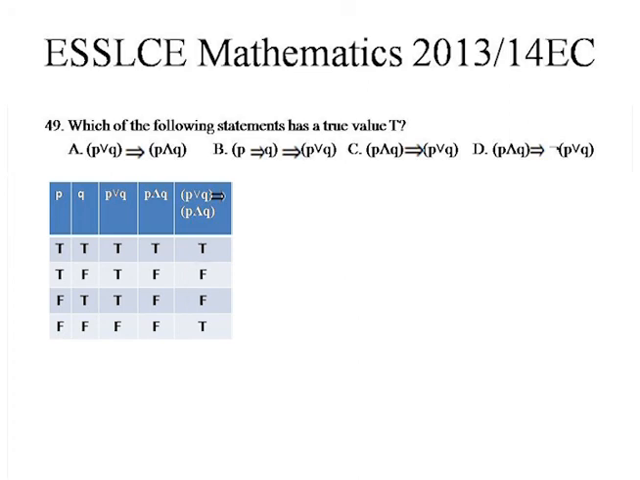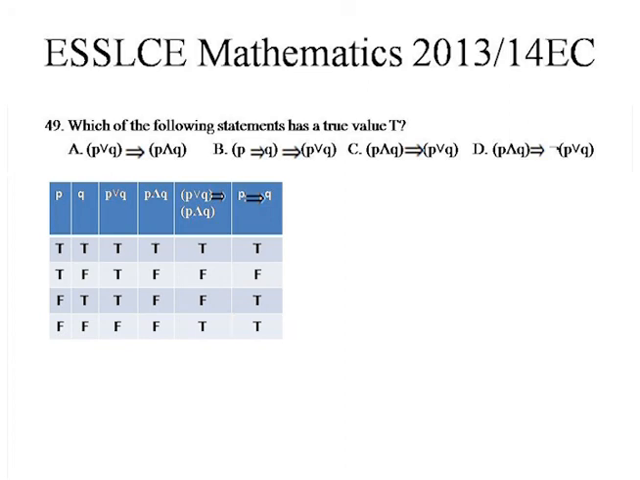Choice B, P implies Q implies P or Q. So before going to solve this function, let's determine P implies Q. As we discussed, P implies Q is false only when the value of P is true and the value of Q is false. Then true implies true is true, true implies false is false, false implies true is true, false implies false is